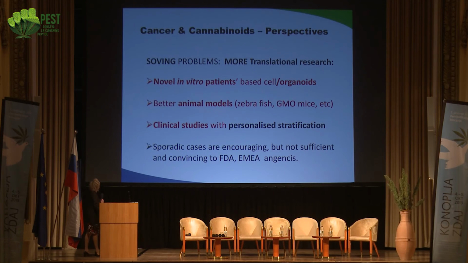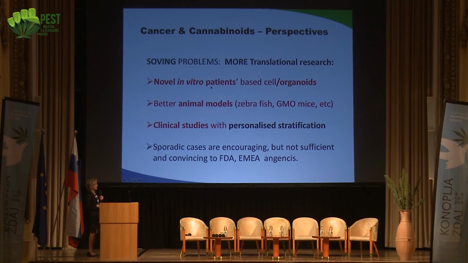And this has not been shown, as I showed you, for glioblastoma, also for breast cancer, and for tamoxifen and certain therapies. But it has been shown for some other drugs. And this is still a gray area in our knowledge, and we have to investigate it further. So again, we need to solve all these problems. So what are we to do? More translational research and more basic research.